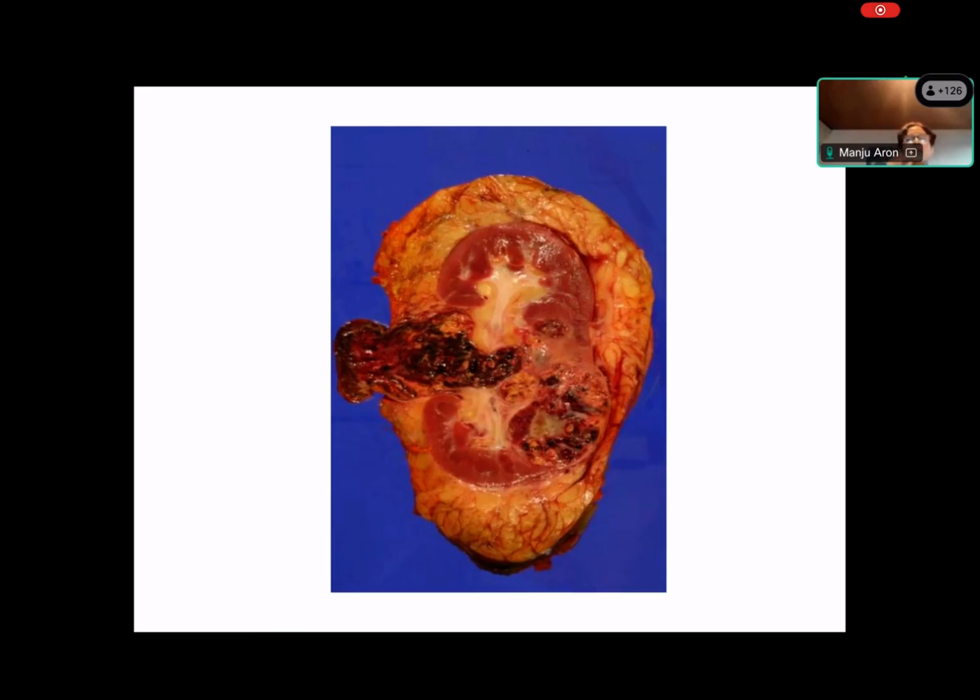Here's an example of a tumor which is extending into the renal vein, and that can happen. And then, of course, you'll need to also look at the note and see if the tumor is going beyond the renal vein into the IVC or not. And then sometimes you'll also get sections or segments of the IVC along with the main specimen, and then you want to take sections from there to see if they are infiltrating the wall of the IVC or